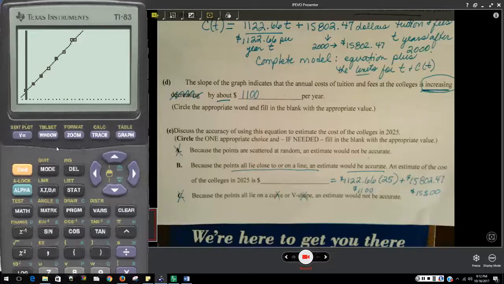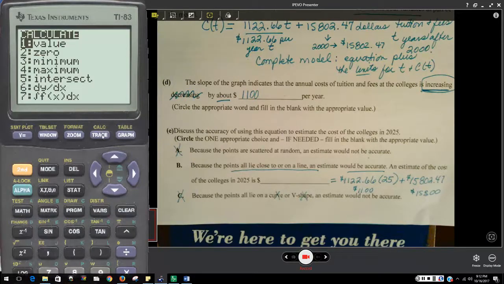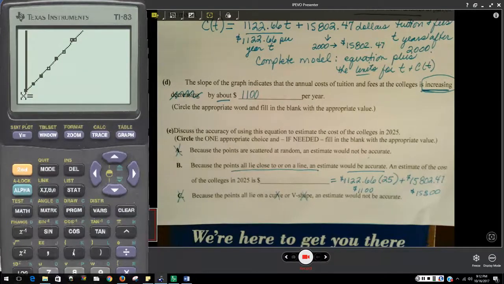So I'm going to hit my second button, my trace button. This is the calculate menu for your graph. I'm going to choose value by pressing enter. I want to know in the year 2025, what would the tuition and fees be? So I'm going to hit enter. And it says, in the year 2025, tuition and fees would be approximately